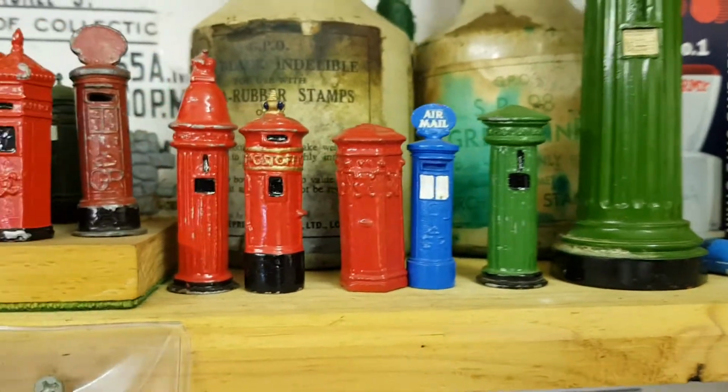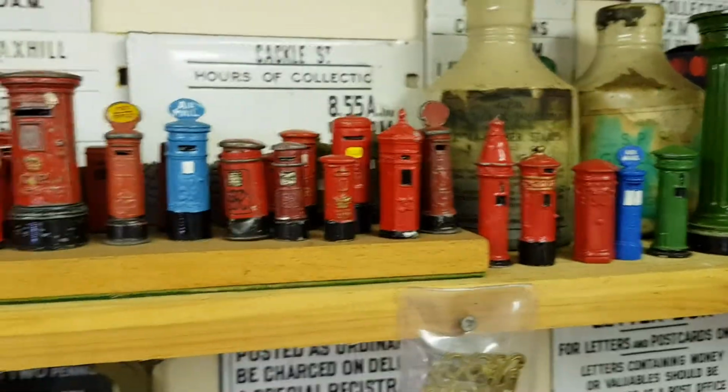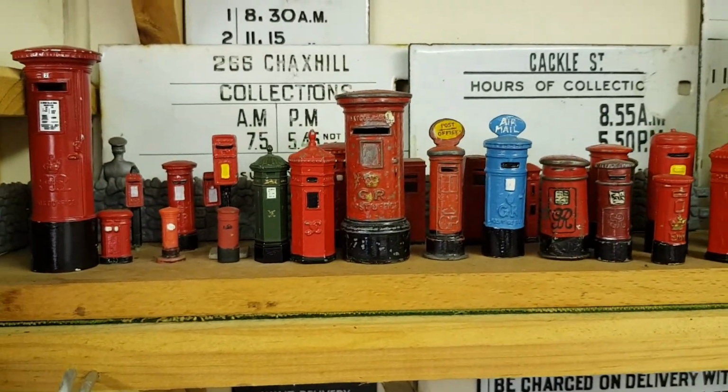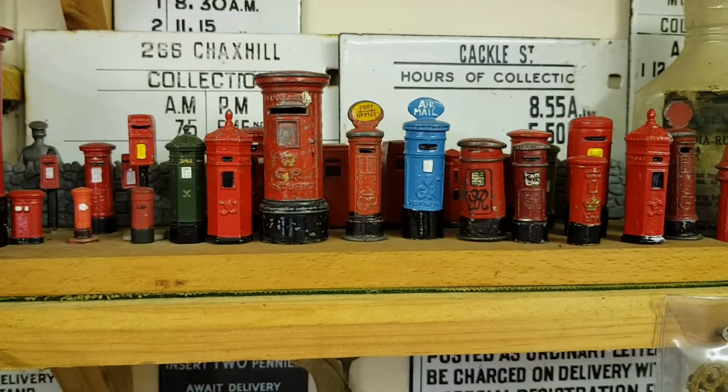So that's just a little introduction there to some of the boxes that we don't have in the collection. As you can see, we've also got lots and lots of other miniatures here, but these are mostly things that we do have. We'll come back and have a look at collection plates